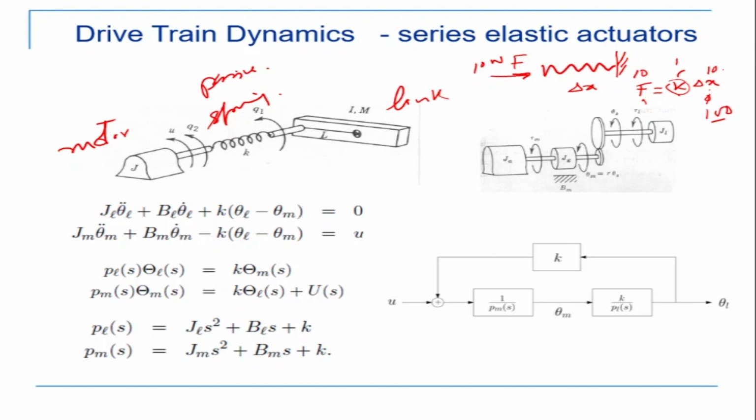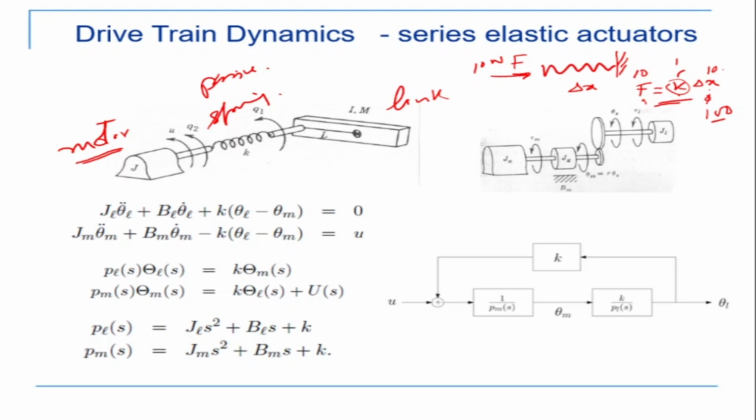Okay, so we are looking at a system in which I'm going to give an input to the motor. The motor will rotate. Now when the motor rotates, first the spring is going to deflect. Okay, so there will be a spring deflection, and after the spring deflection the link is going to move. One of these equations is a passive equation, which is this one. So now let's look at this equation.